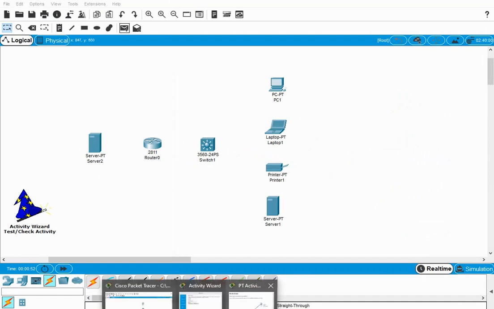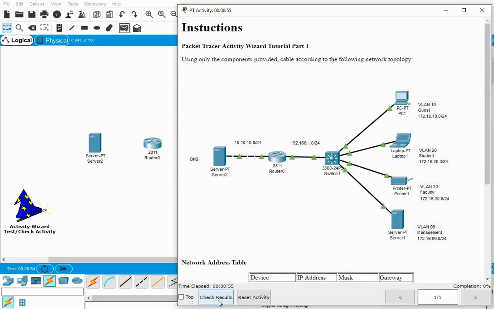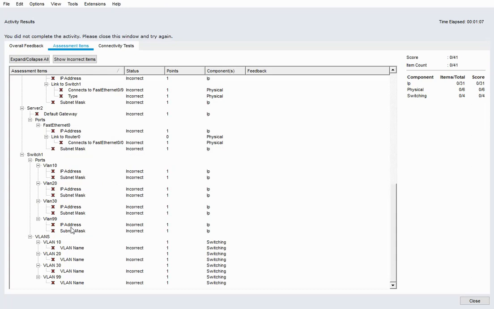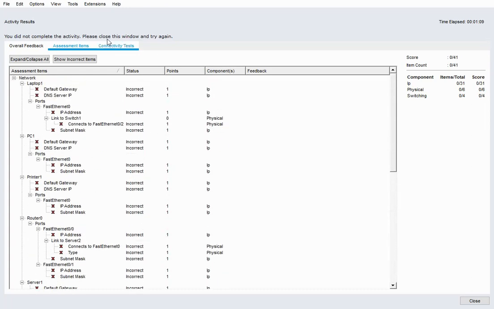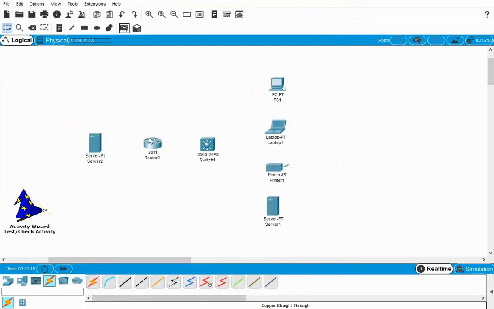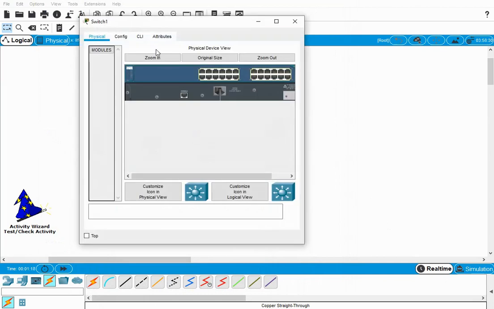I can go and check the results under assessments, and it says I've done 0 out of 41. And so over here it says the laptop, I haven't set the default gateway DNS, and every time there's an X, that's something the student has to do, right? So when you open up this, it covers all of the packet tracers. So I'm just going to close it down, minimize that, and what I'll do is in my switch, go to the command line,